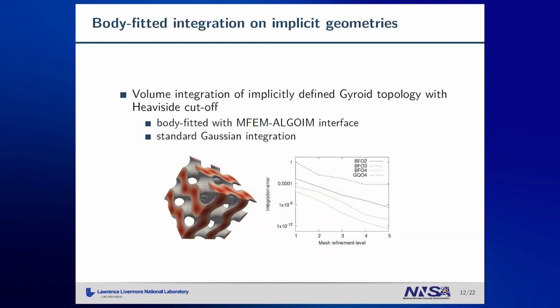Now, with exact body-fitted integration, we can integrate up to the machine precision. So you can see here, for example, how it behaves. We can, of course, blast the cut cells, or the cut finite elements, with a lot of Gaussian points. However, it doesn't matter what we do, it will flatten out and we have quite huge numerical errors. However, with the exact body-fitted integration, we can actually reach the machine precision.